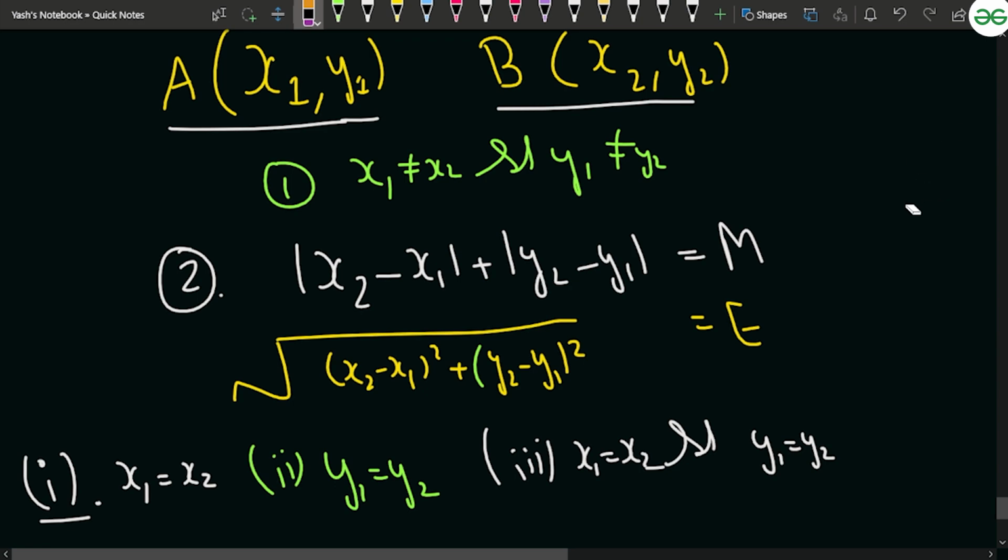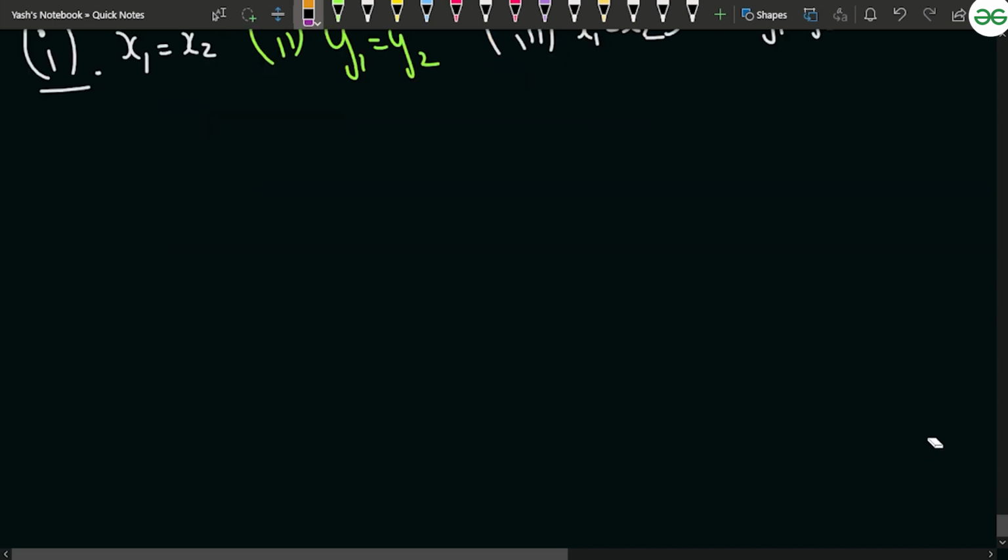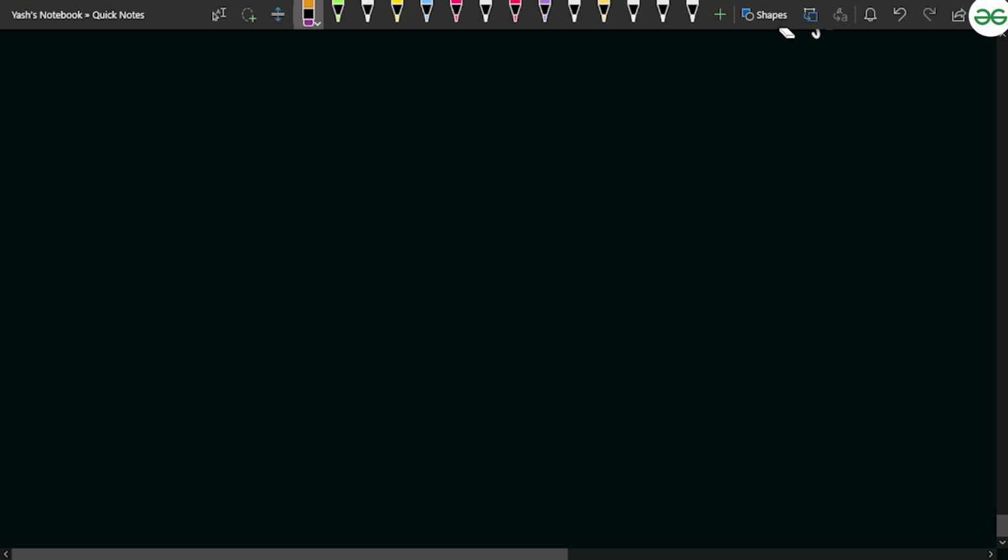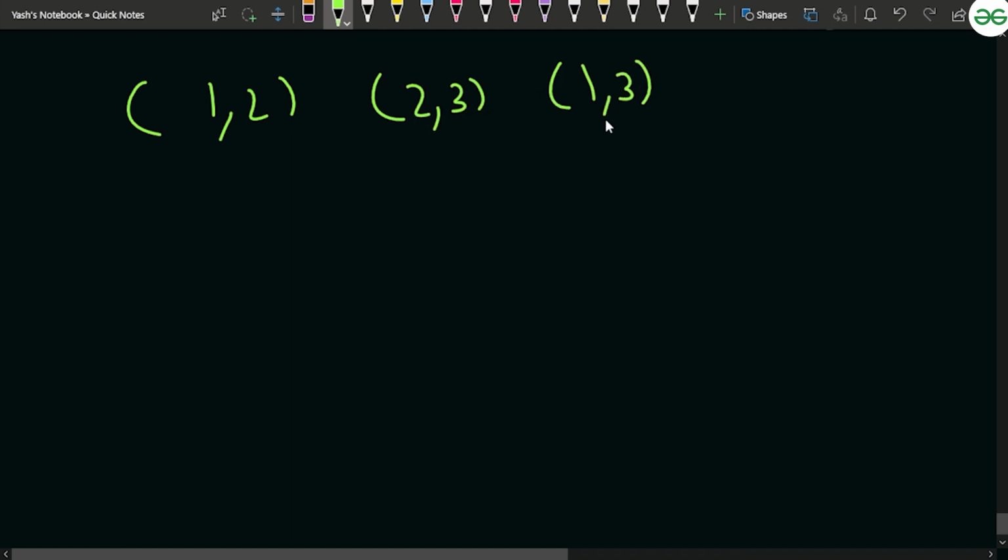So basically you can apply the concept of hashing, and think about how you can count the answer. Let's say one of the cases that's been given to you is this kind of case where you have 1, 2, then you have 2, 3, and let's say you have 1, 3 as well, right? So how many pairs do you have? You can easily observe that one of the pairs, the very first pair, could be 1, 2